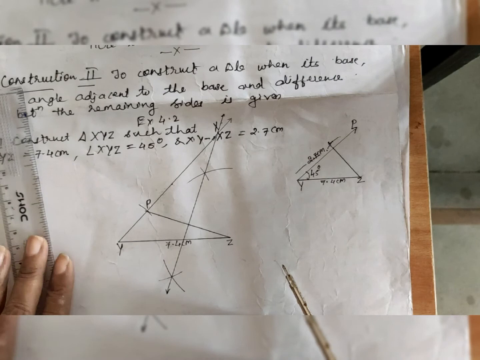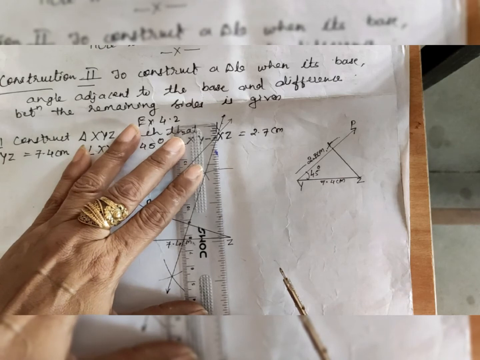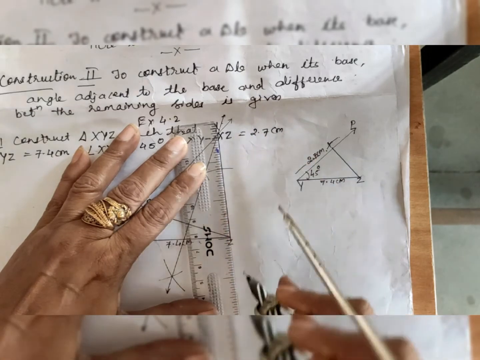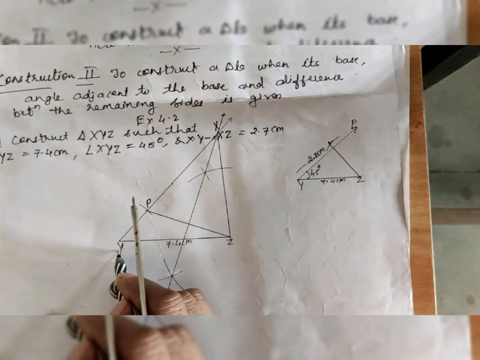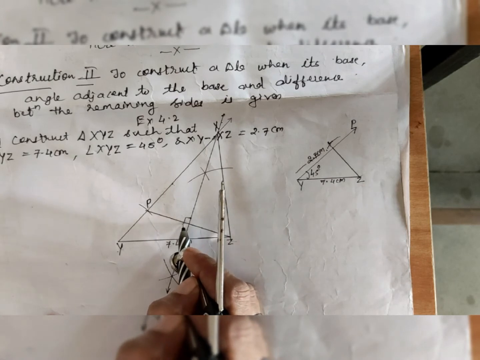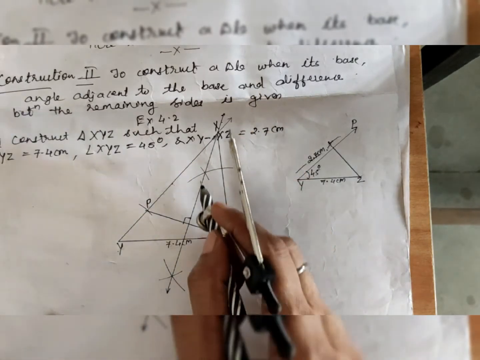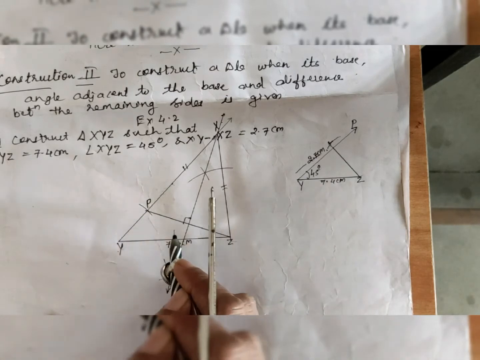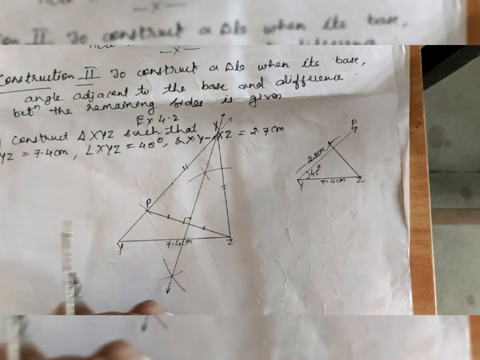Okay, and now you have to draw segment XZ. Join this properly with the point of intersection. So this is how we have constructed triangle XYZ. Now on PZ you have drawn the perpendicular bisector, so put the symbol. Again, any point on the perpendicular bisector is equidistant from the endpoints of the segment. Remember, this is the perpendicular bisector theorem, and you can see this distance and this distance are also equal.